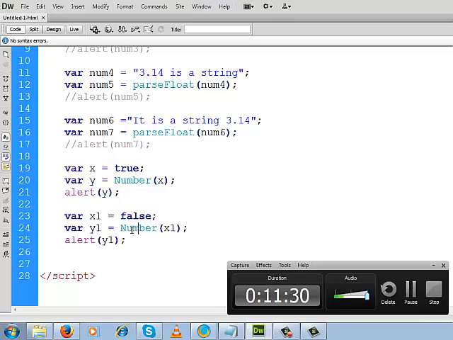That means this Number method is converting the boolean values into numbers, okay, into integer numbers. Okay, so today after